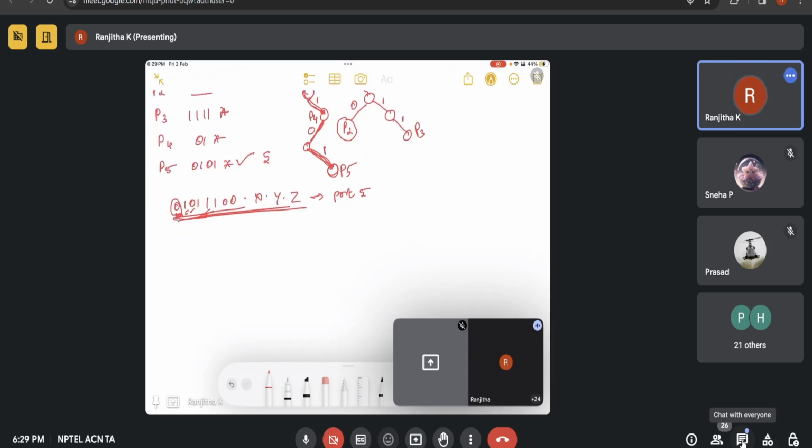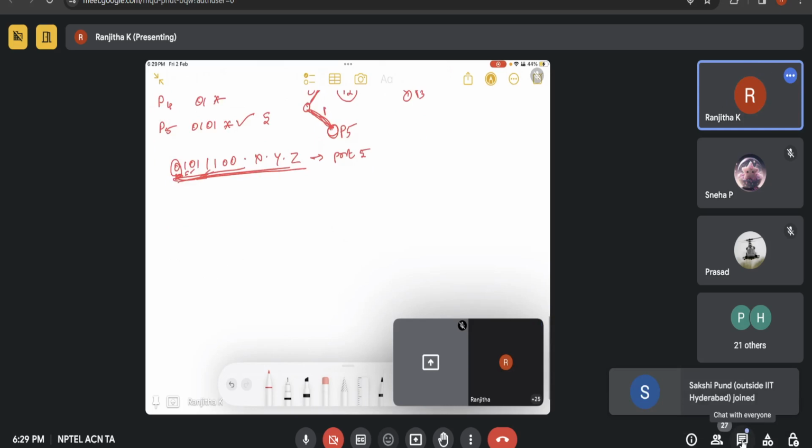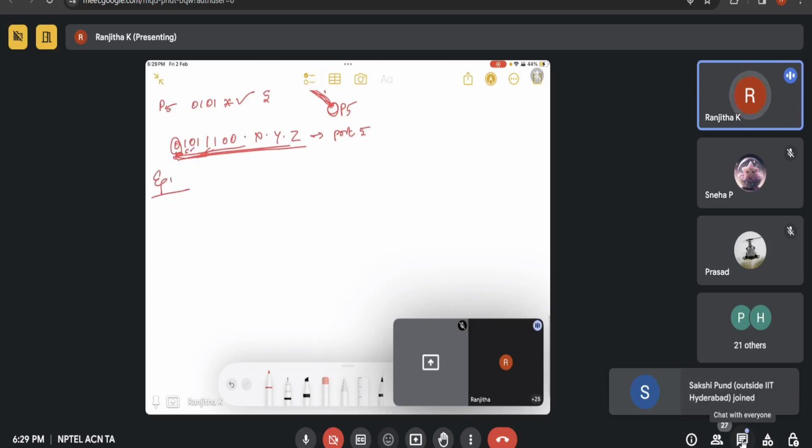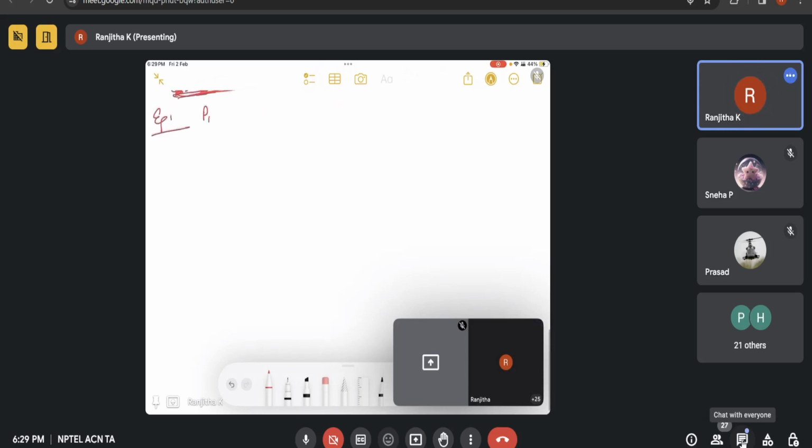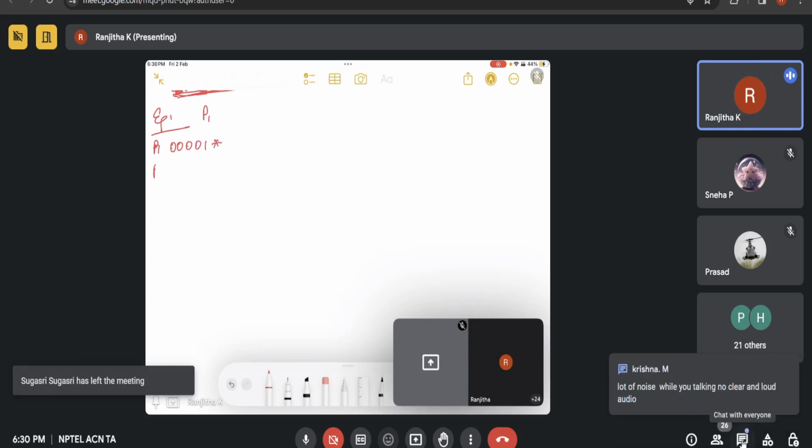Maybe one more example. We'll wind this up. Another example. Okay. P1 is 0 0 0 0 1 star. P2 is